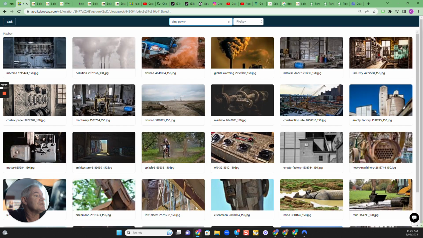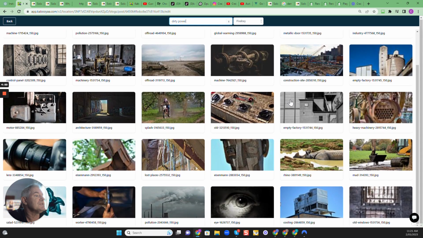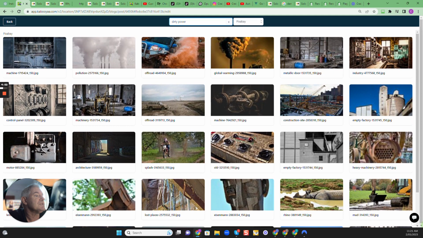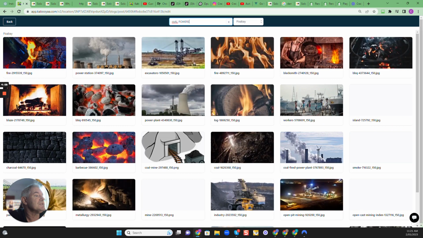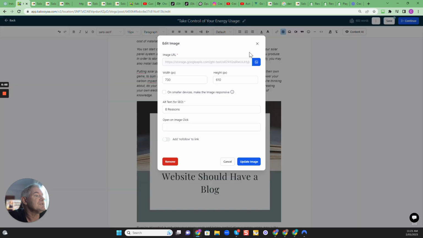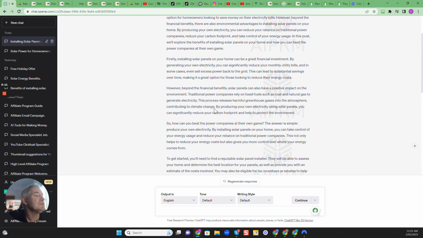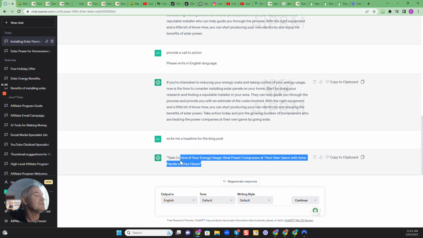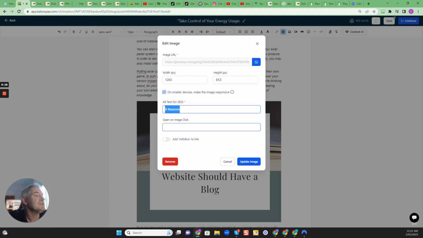We might look up coal. There we go. That's what we want. We want that. I'm going to use that image. And we're going to use the headline again as our image description. Take the image, look at that. Perfect. Now we're going to give this a